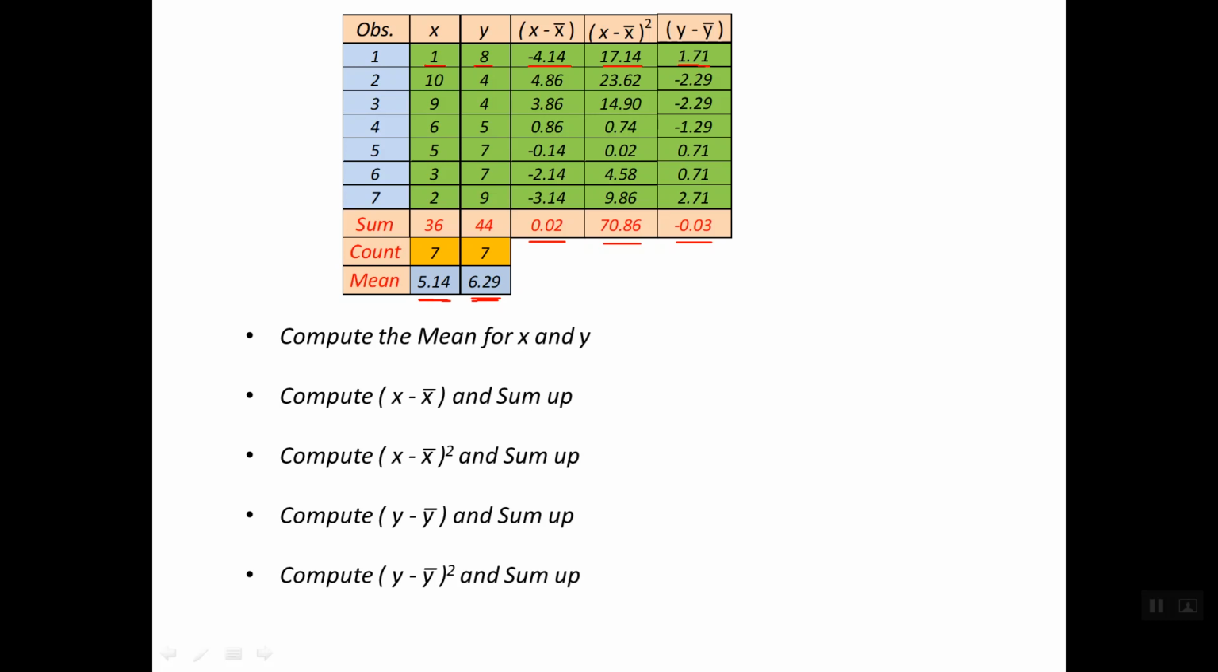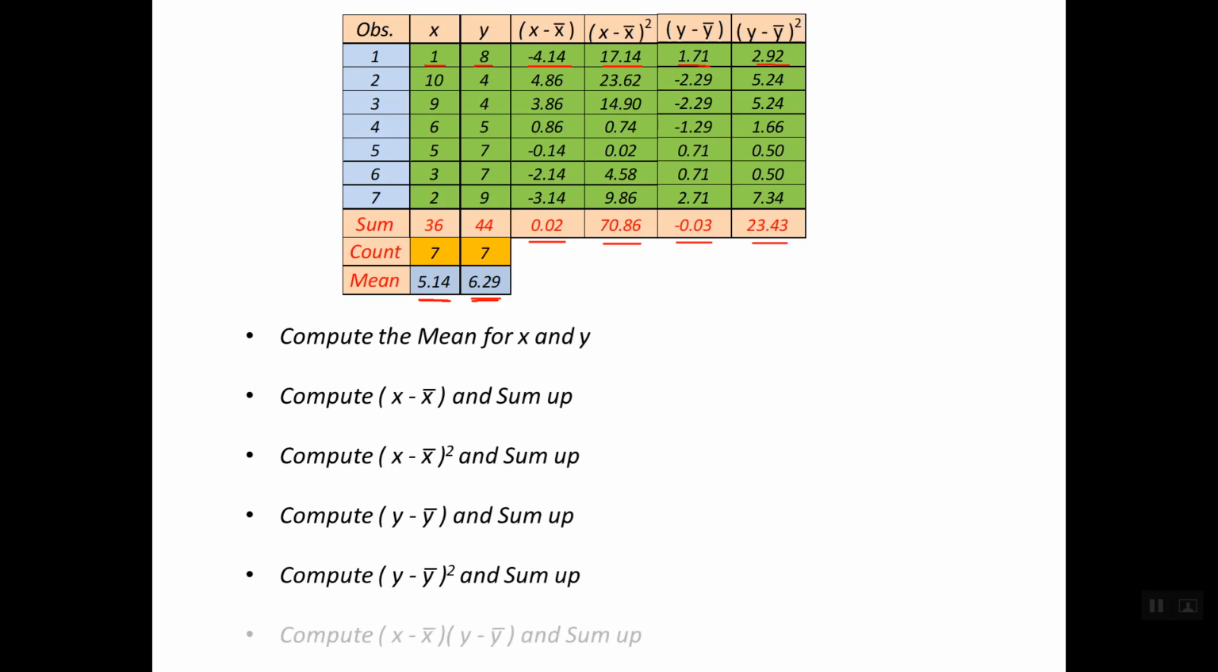Then we square each of these values and sum up. So we should add a new column for (y minus y bar) squared. This is the square for the first observation, and the same for the rest. And this is the total of (y minus y bar) squared. Finally, we should compute the multiplication between (x minus x bar) and (y minus y bar) and take the